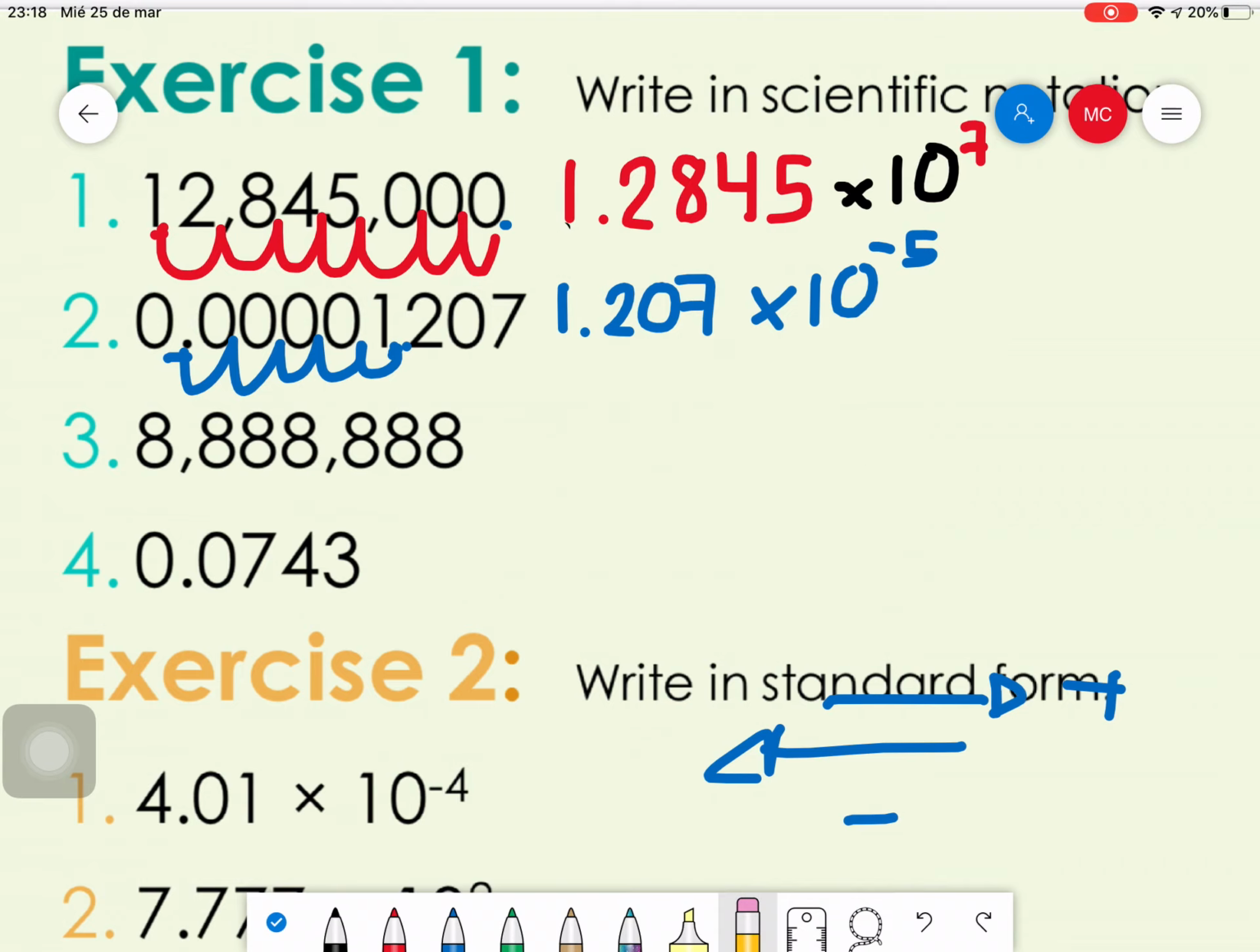Again, it is a whole number. That means the decimal point should be here, right? If it doesn't have a decimal point because it is a whole number, again, I repeat it, then the decimal point should be here. First rule, place the decimal point after the first digit, here. And I copy the number,